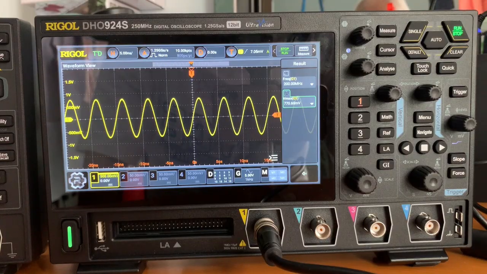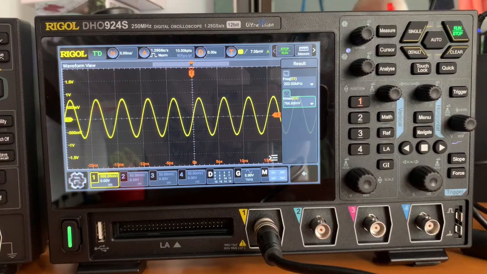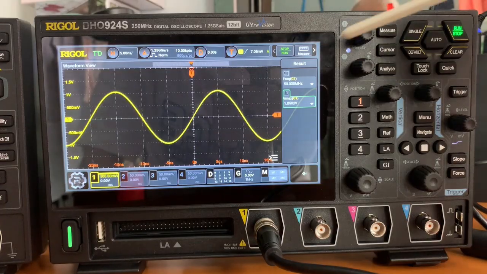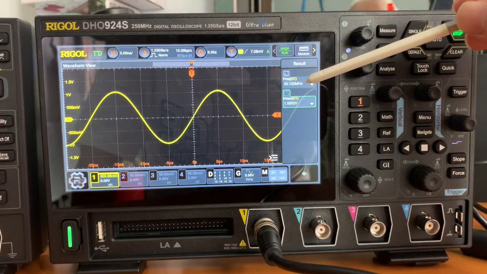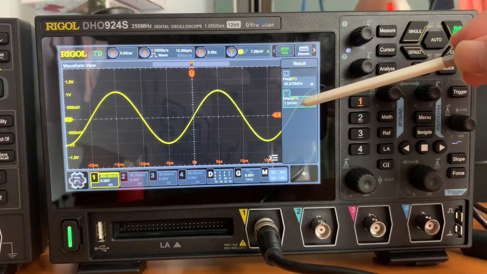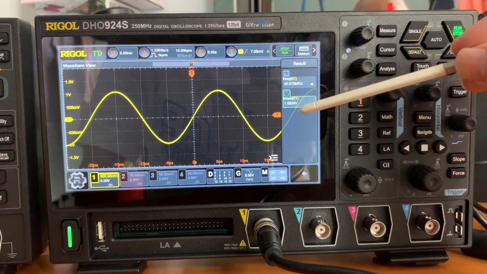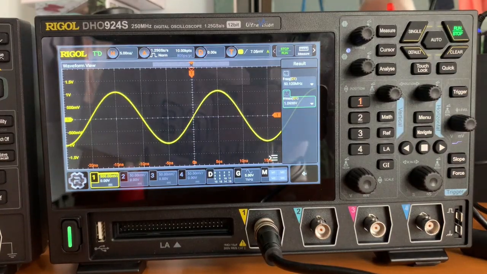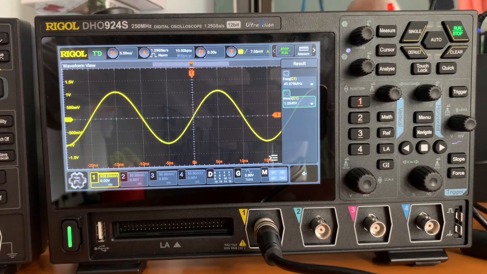So let me change the frequency to, let's say, 50 megahertz. So 50 megahertz, the frequency reading is still correct, and the value is right. It is 1.0 something volts, with some small errors definitely. If I change the frequency even lower, let's see what will happen. Let's say 1 megahertz.